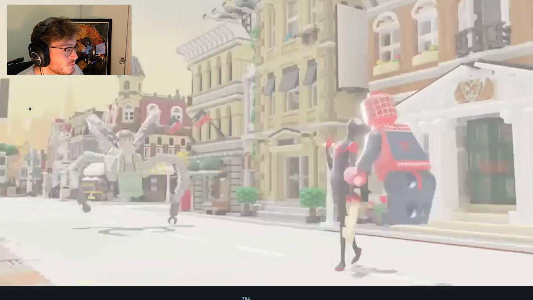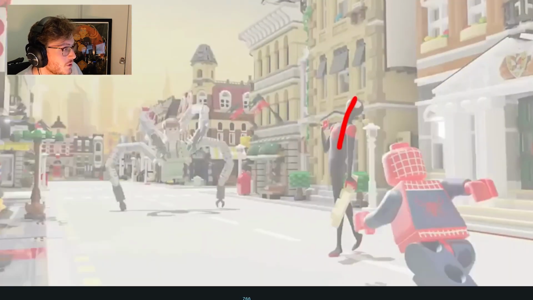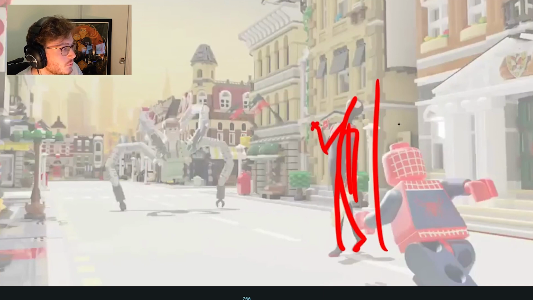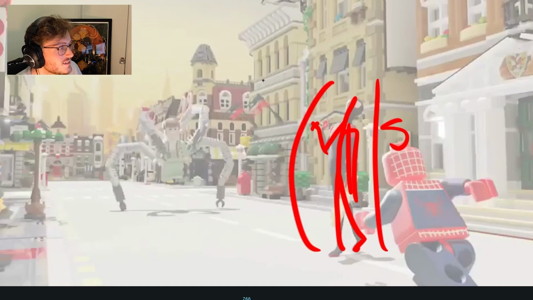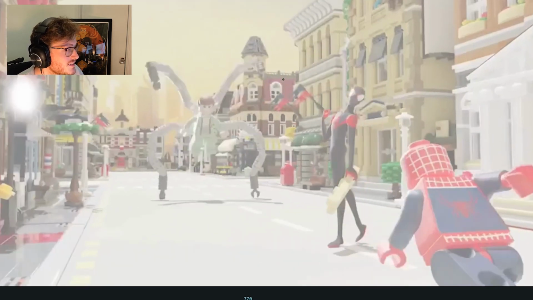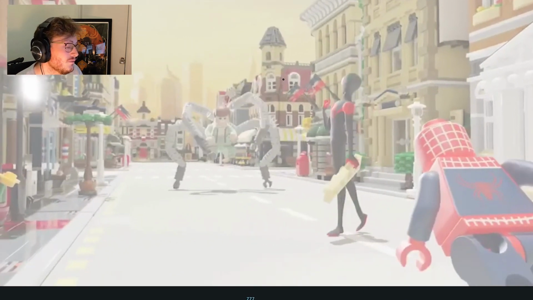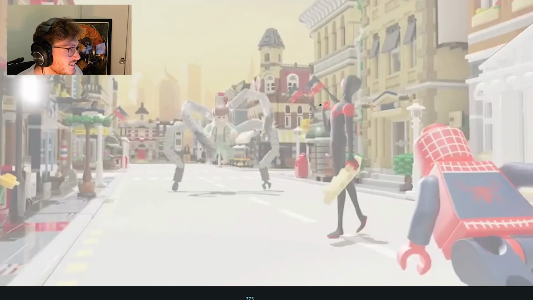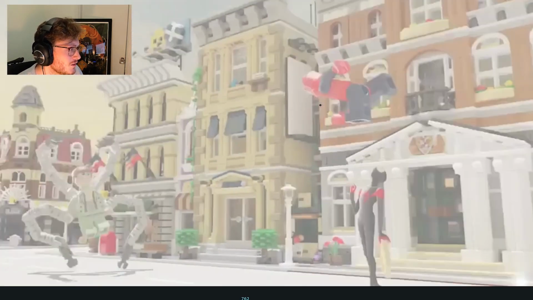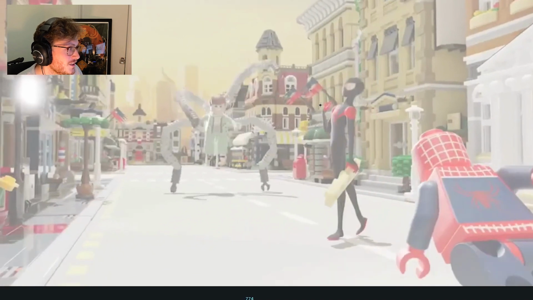I love this change with Miles as well. This, again, is a really nice pose, nice line of action, slightly separated by the leg. And you got simple and complex. It's very nice. Again, slightly outside of the style of Spider-Verse, I would say, in terms of posing, but for the comedic effect, I think it's really nice. Where he's just like, what's going on, guys? And he follows him, and he's like, okay, I guess this is happening.